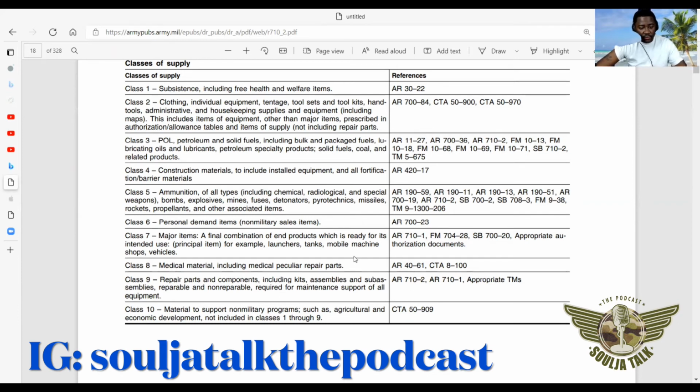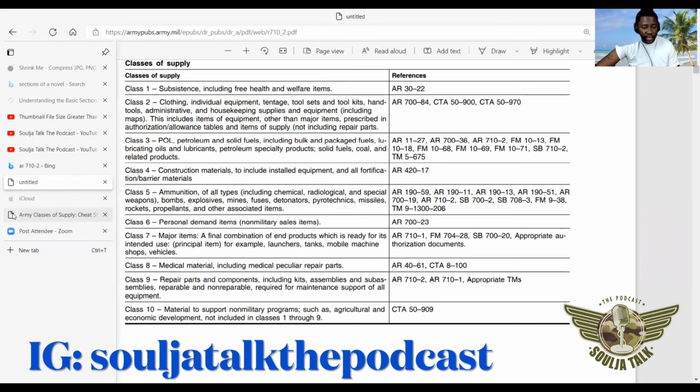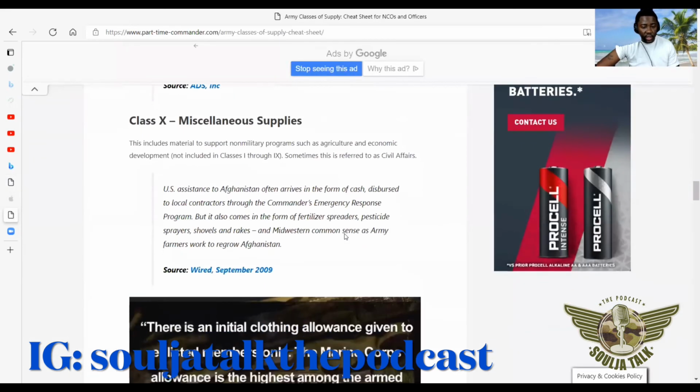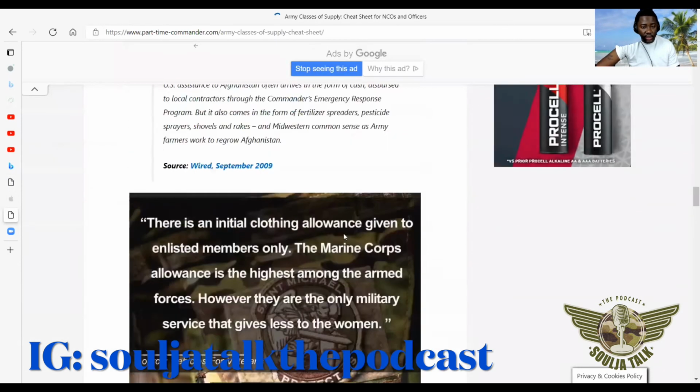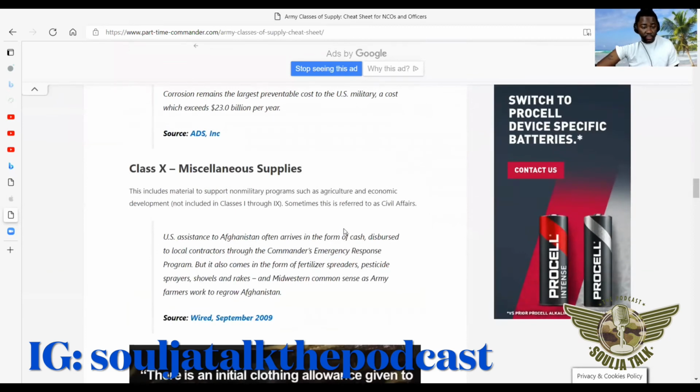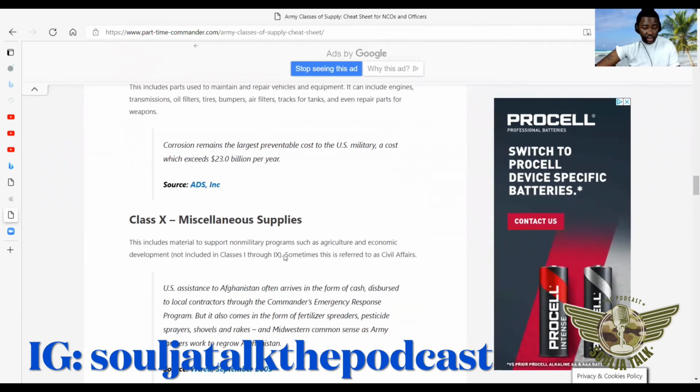So class 10 is material to support non-military programs such as agriculture and economic development, not included in class 1 through 9. And you can find this in CTA 50-909. Class 10 is basically miscellaneous supplies. So just miscellaneous stuff. And sometimes this is referred to as civil affairs, which is class 10. So now that you guys know that each class is a supply,